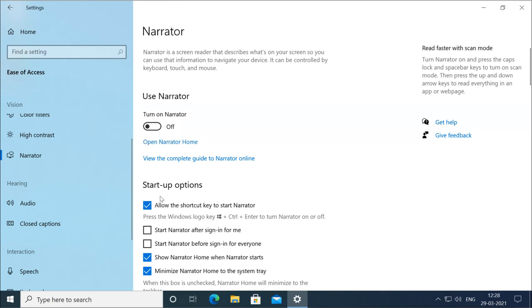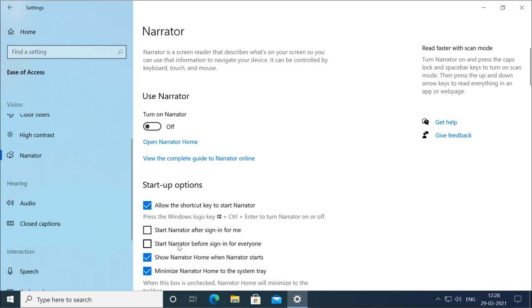Then it goes to the startup options. You can allow the shortcut key to start Narrator. It is there by default, and that means when you press Windows Control Enter, Narrator will automatically start. You can use Narrator after signing in also.